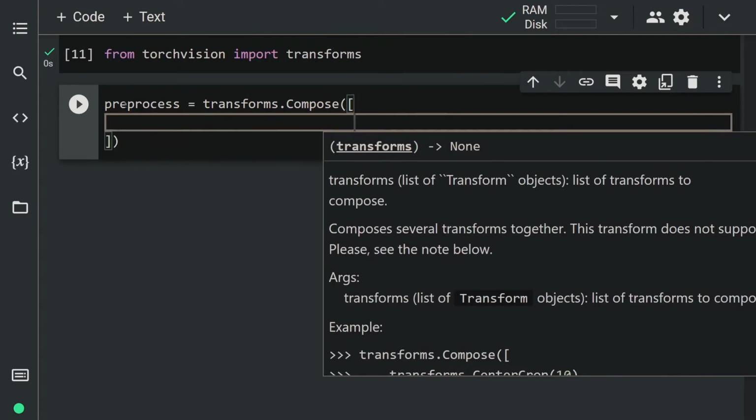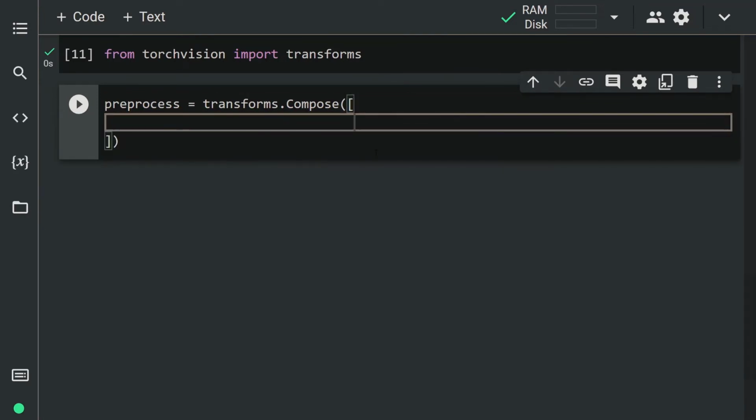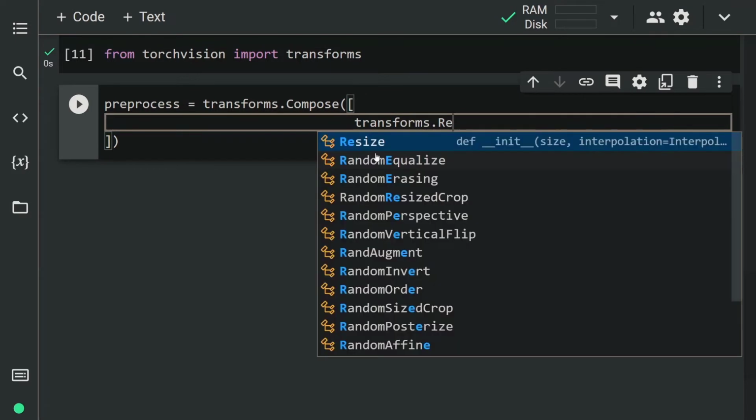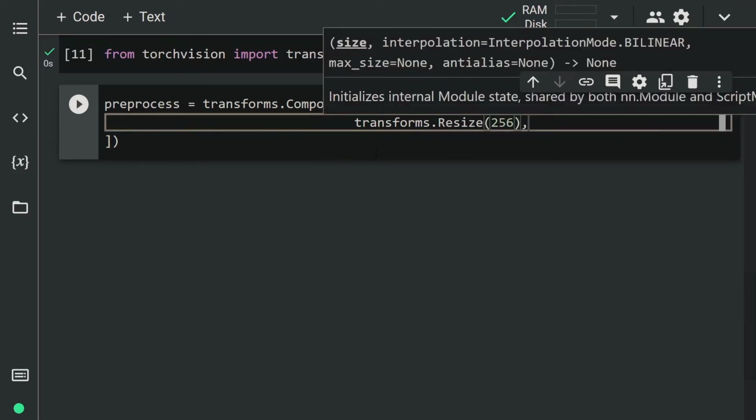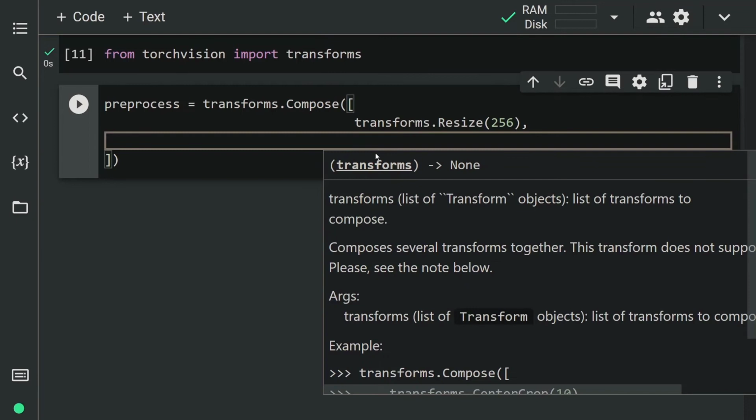First, let's resize the image to 256 size with the resize method. To do this, transforms.Resize(256). Let's apply center cropping to fit the neural network. transforms.CenterCrop(224).